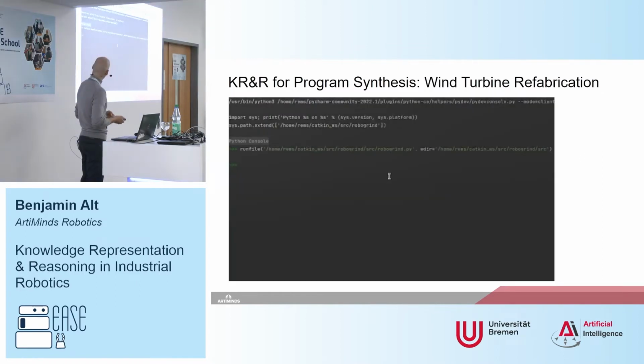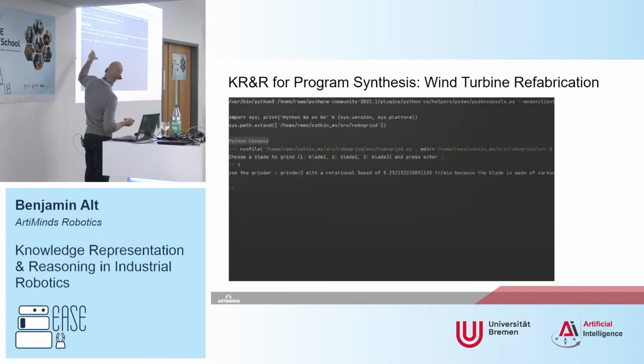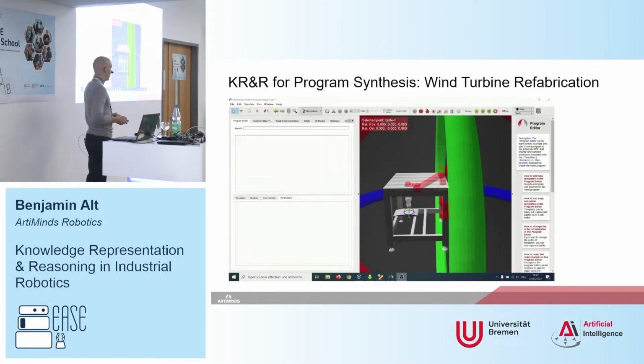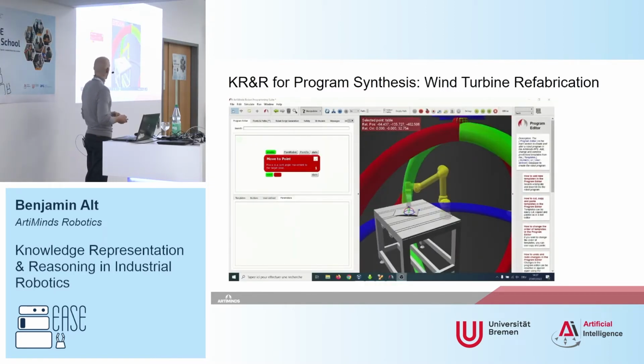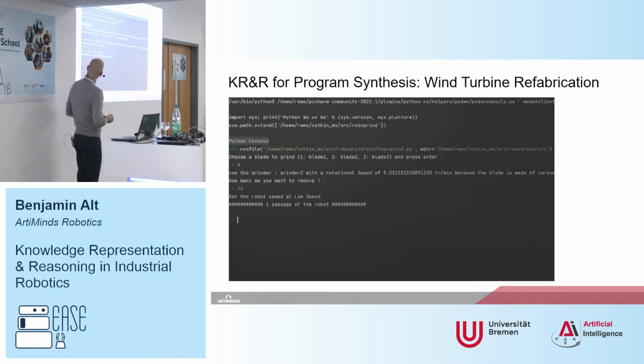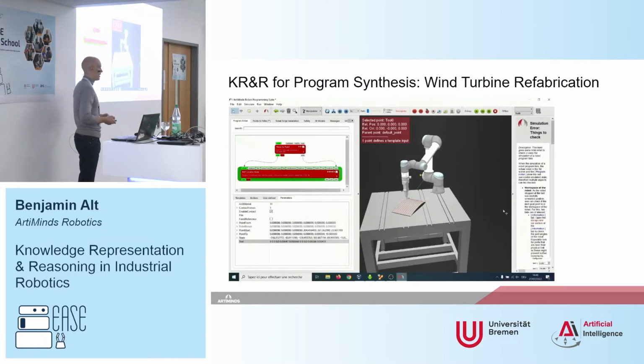And having done this, we have written a little command line client, so this is still work in progress, hence the command line. And it, for example, asks you, hey, what kind of blade do you want to grind? And okay, this is the grinder you should use with this sort of rotational speed. And it instantiates a robot program automatically with a very scaled down version of the blade, by the way. It asks you, how many millimeters do you want to remove? And you say 12. And it tells you what robot speed to set the robot at,